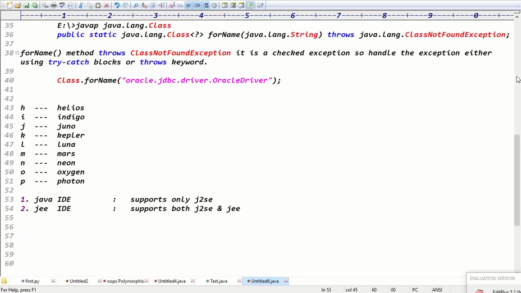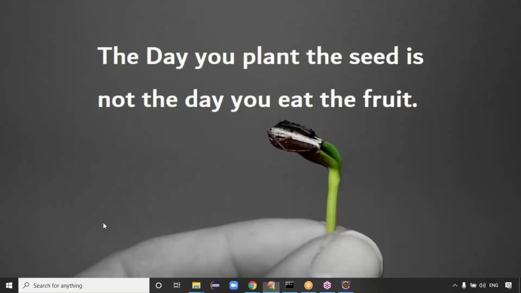Core Java plus JDBC. Yeah, Core Java plus JDBC belongs to J2SE, right? Yeah, that's what. If you install the Java IDE, it supports JDBC, guys, but servlets and JSP are not supported, right? If you go for the JEE IDE, it supports both Core Java as well as Advanced Java, right? That's what, guys. Today try to install the JEE IDE.